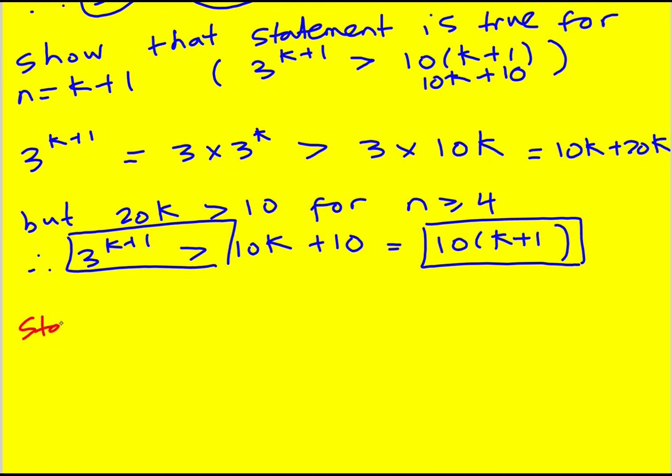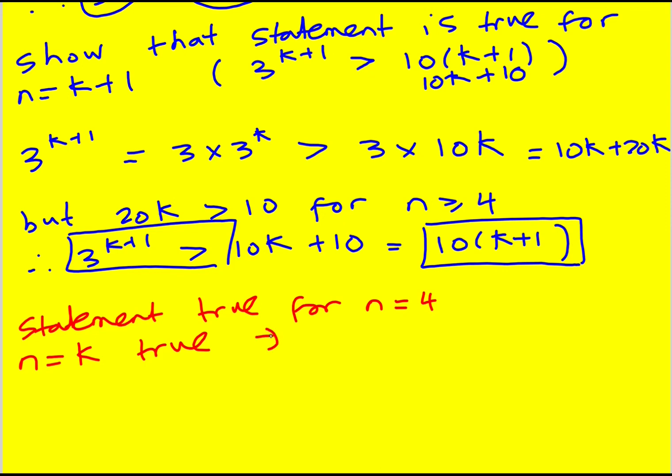So the statement is true for n equals 4. n equals k true implies n equals k plus 1 is true. So it works for the first one, and then any of them being true implies that the next one is true, which means that they're all true, because n equals 4 implies n equals 5, which implies n equals 6,